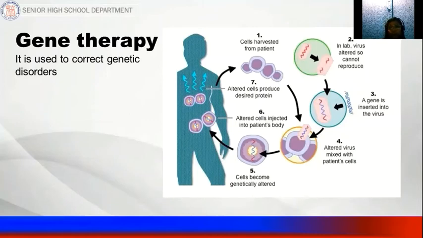And then, if you know genetic division or gene division of cell, it will replicate another one, and the gene that was changed, the good gene, is altered, so the virus is gone. So the cells become genetically altered, and then the altered cells are injected into the body of patients, and then other cells produce